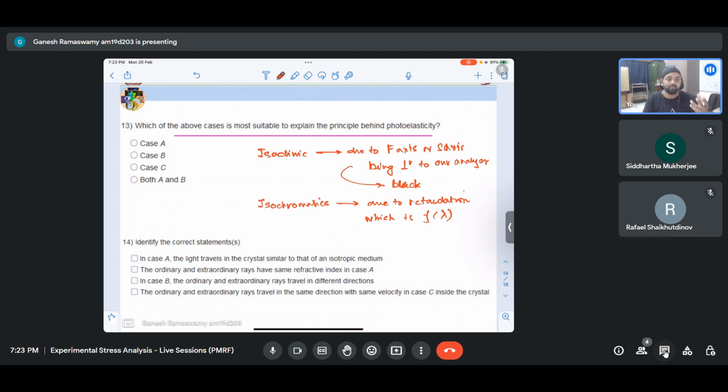So it will be some fraction of the wavelength. It could be one entire wavelength, in which case we will call that the fringe order 1. It could be 2 times the wavelength of the impinging light, that will be called the second order fringe. So this is essentially a retardation phenomenon